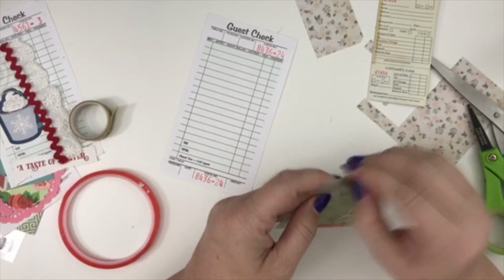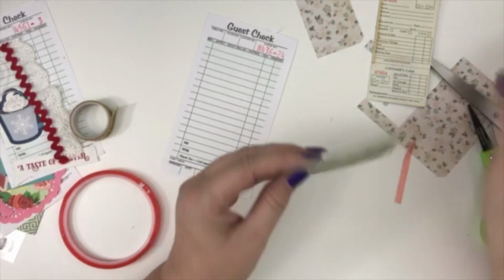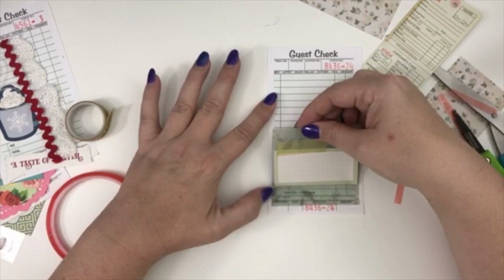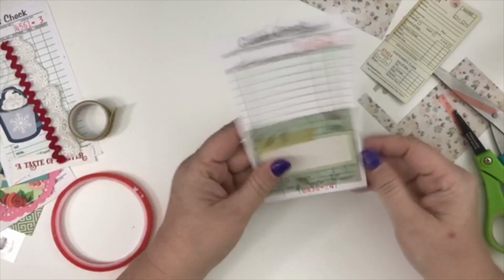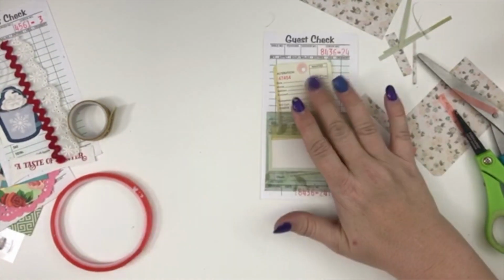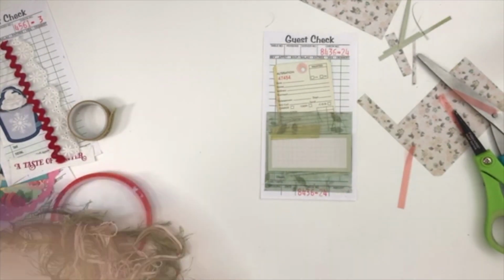So just put some pieces around, and then I'm going to go ahead and adhere that to the guest check. And I wanted to use vellum because I wanted it to be pretty obvious that it was still a guest check. So I liked the fact that you can still see the stuff at the bottom. Okay, so there I'm trying to think, what can I do with my